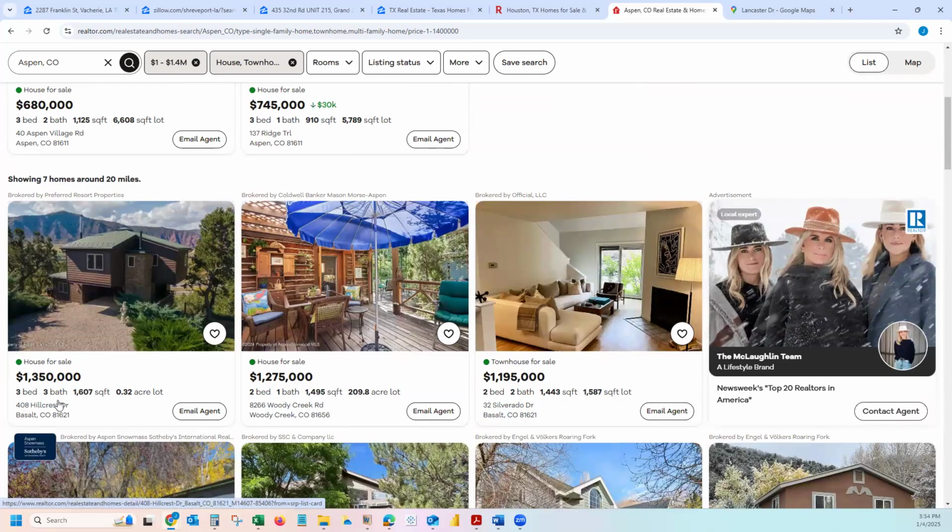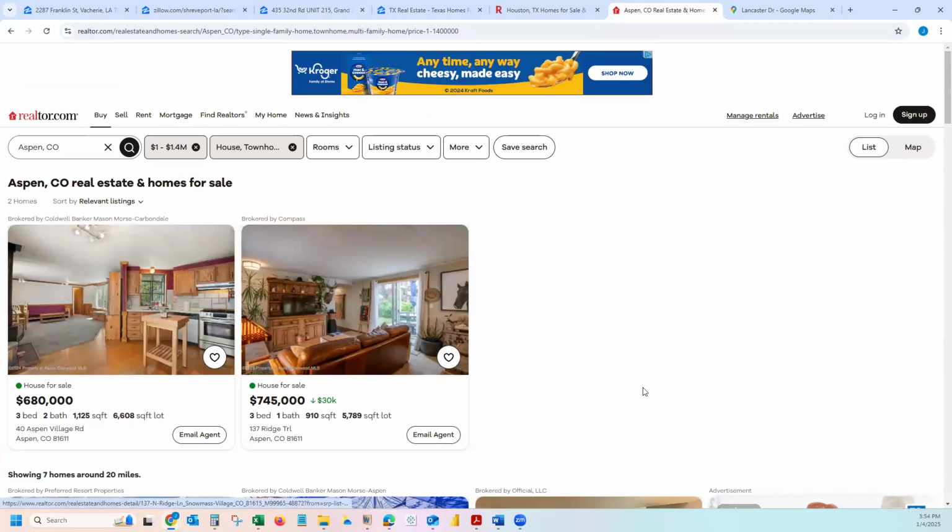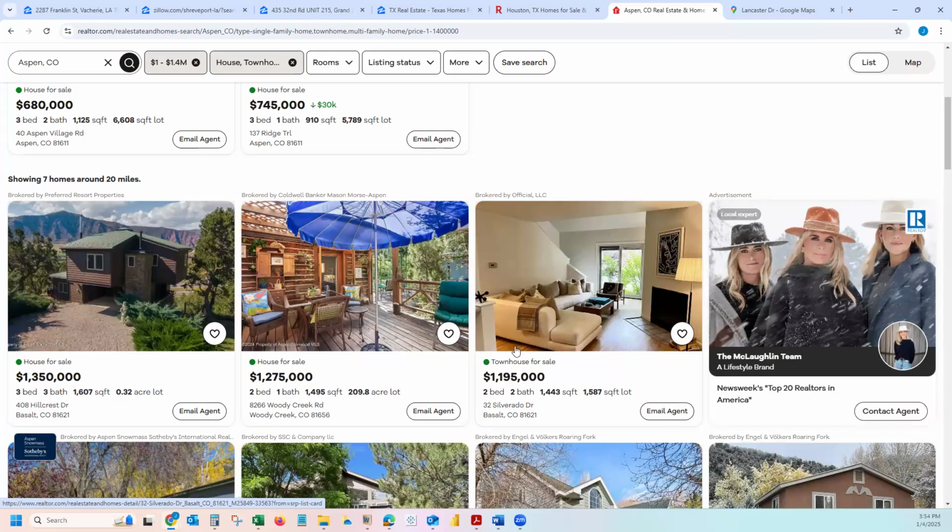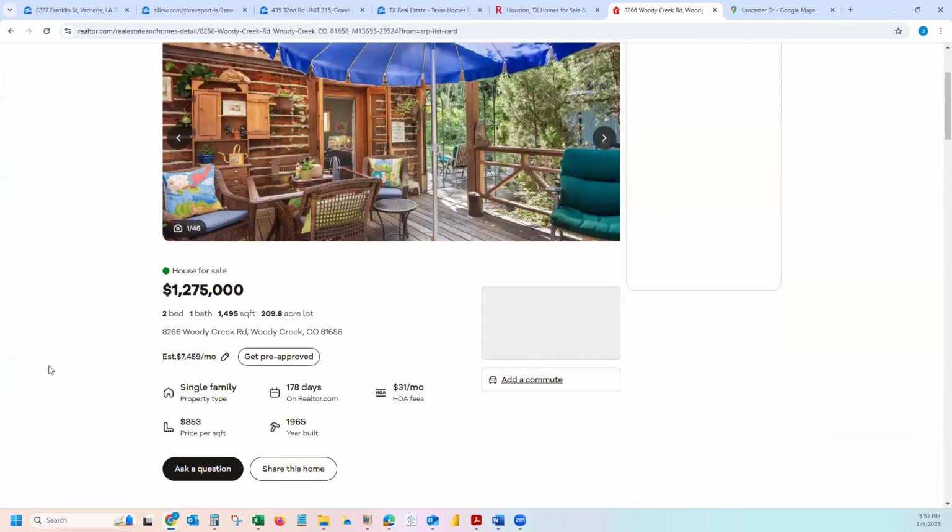So this is a 3-bedroom house, 1,607 square feet, and it's going for $1,350,000. And then you have this 2-bedroom house, 1 bath, going for $275,000. So with this information on Realtor, it basically gives you this listed price. But one good thing that I like about Realtor is